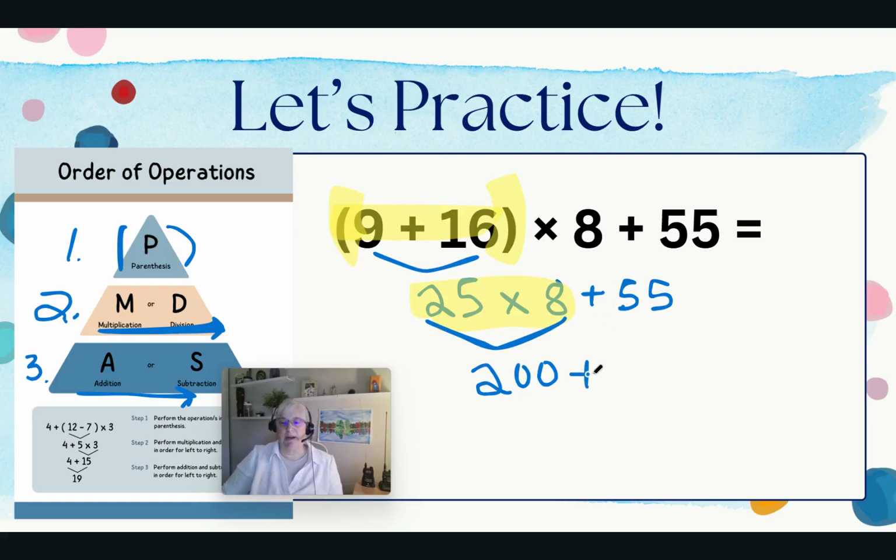Copy the rest of the equation. Plus 55. I don't see any more multiplication or division. So I'm moving on to step number 3. Addition or subtraction. Yeah, we have an addition problem. It's easy. 200 plus 55. I can do that one. It's easy for me. 255. So the answer to this expression is